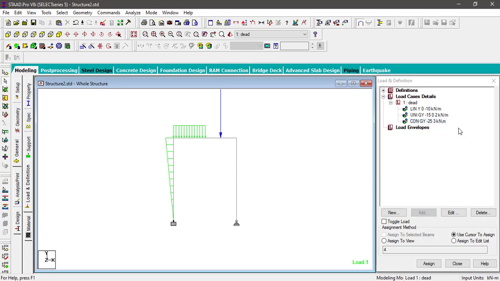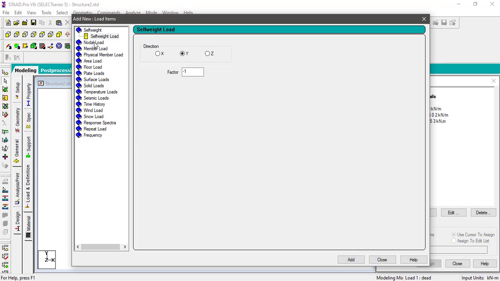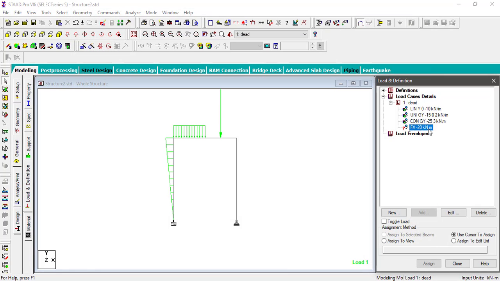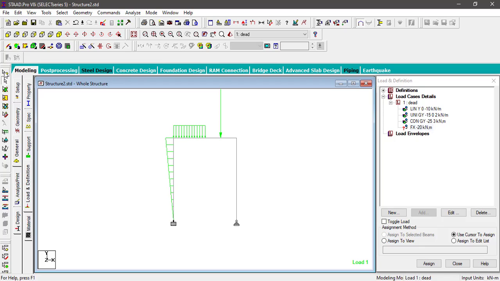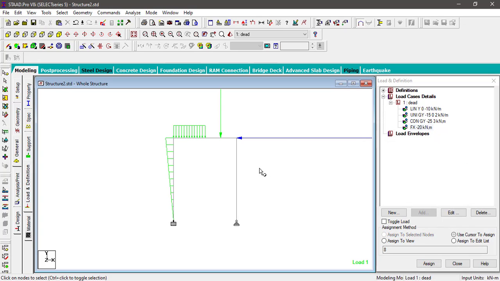Then for this case, add. If I take nodal load of say Fx -20, add, close. I have to select the node cursor, select this node, apply this to selected nodes. This is -20.